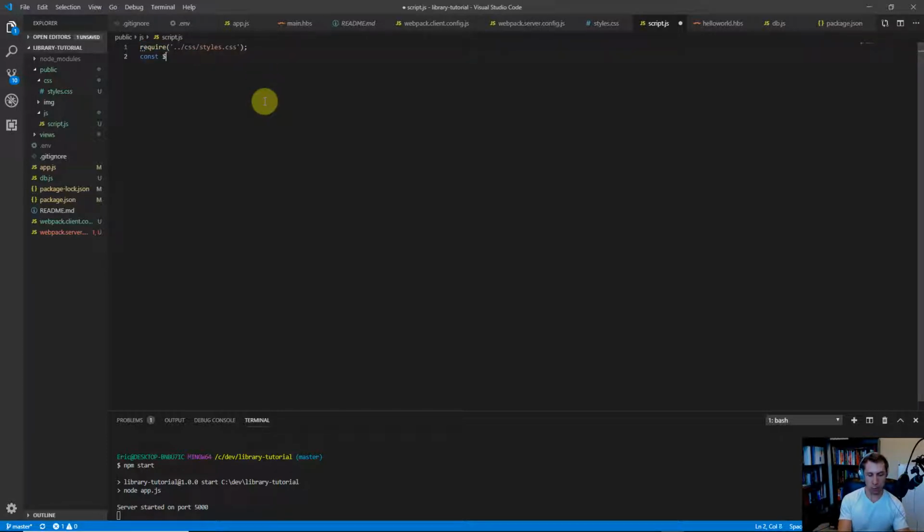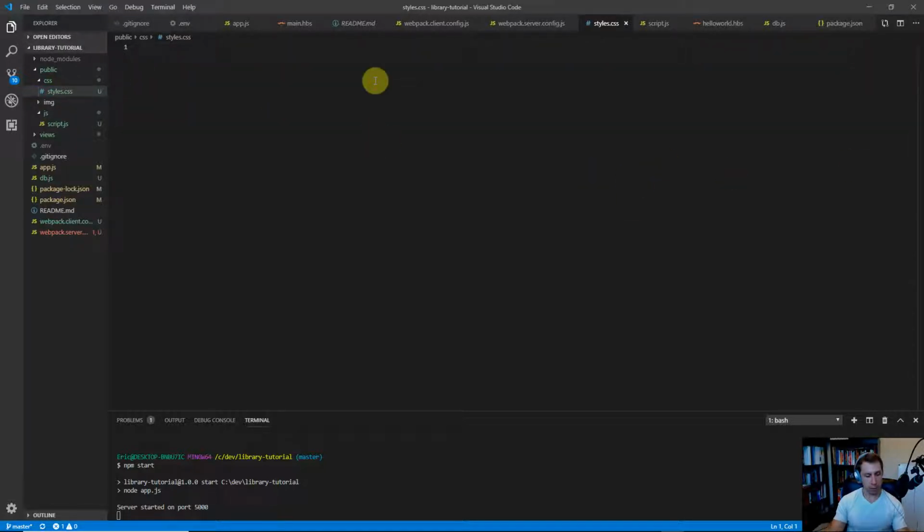Then we're going to include jQuery because Bootstrap depends on jQuery still. And then we're going to import Bootstrap /dist/js/bootstrap.bundle. And then let's go ahead and just console log out the $ sign to make sure that we have jQuery properly loading. Save that file. And then go ahead and open up